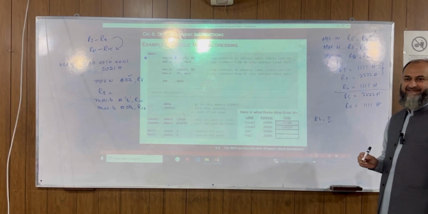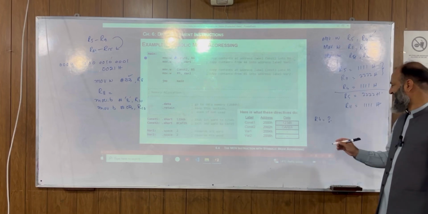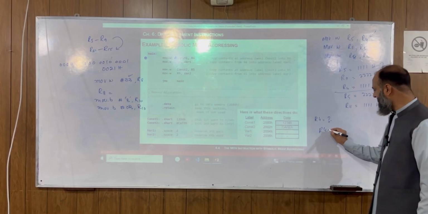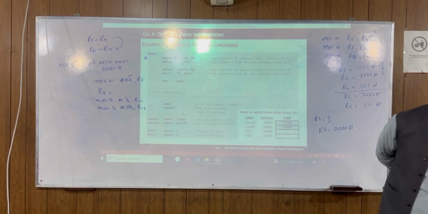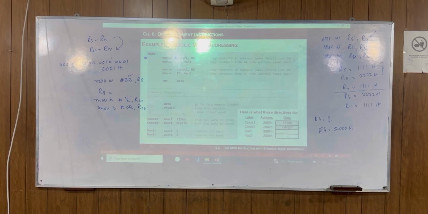So the contents of the R4 will then be equal to 2000 hex. This is said to be the immediate word and is going to be represented with a symbolic symbol से represent कर ले. So these are the differences you just have to understand.